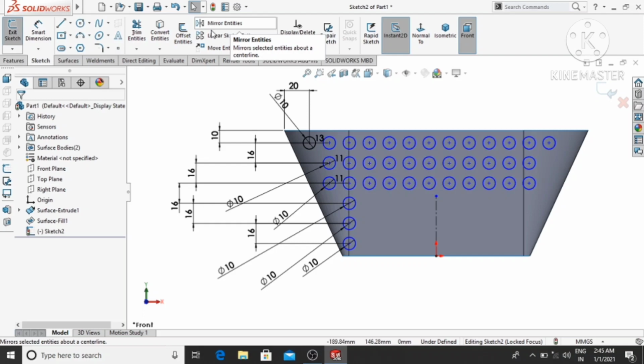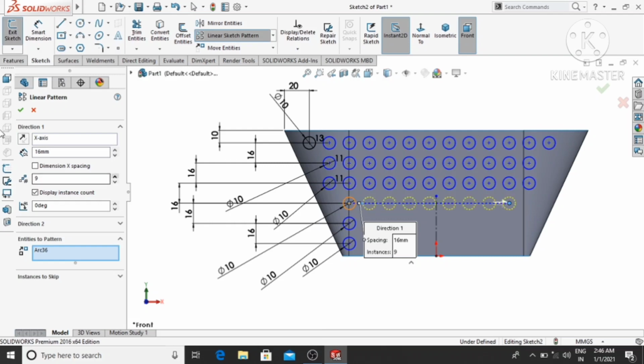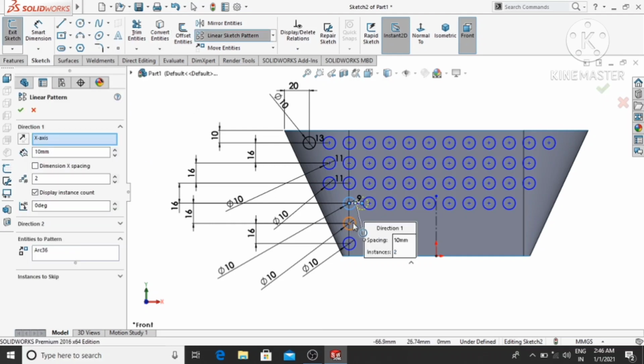This one is not selected, so I think we make it separately. Make it 16 mm, and the number of instances will be 9.